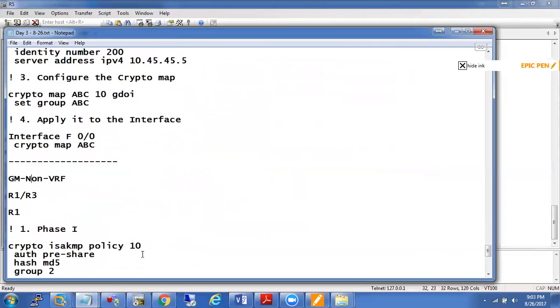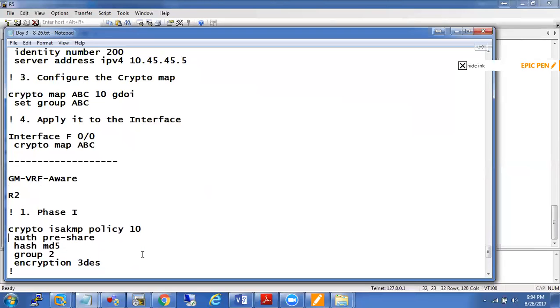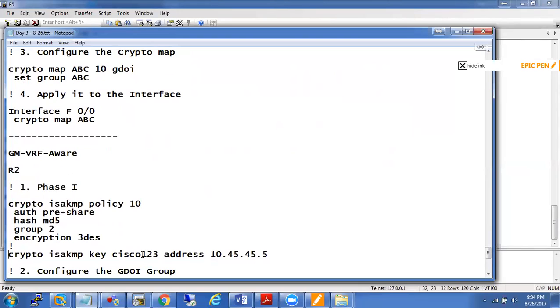GM VRF aware. So now your knowledge that I was talking about in terms of VRF aware VPN comes in handy. Here I will not have this. This is where I have those three steps. You guys remember? A,